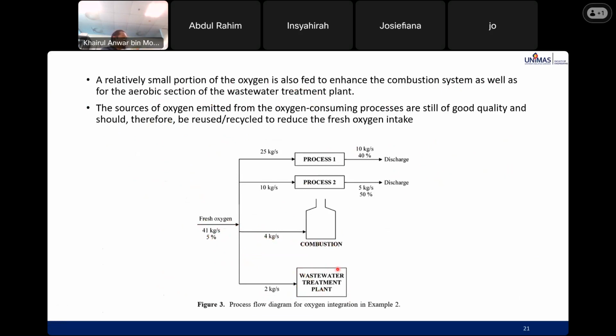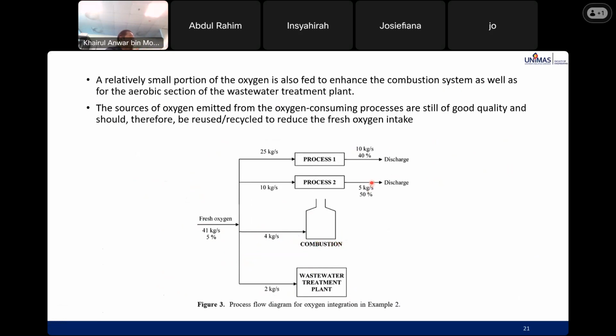Actually, wastewater and combustion don't need the high purity oxygen. It can always be recycled from the